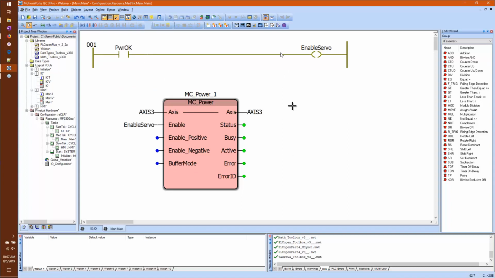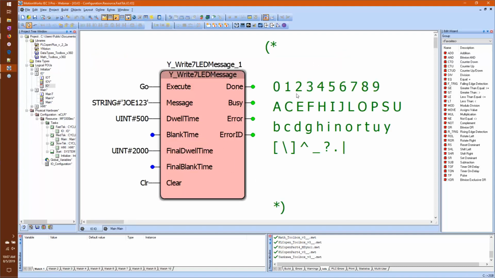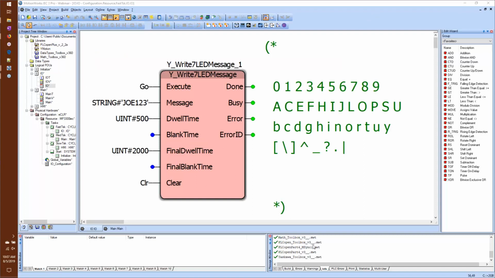So that's a nice little feature to have. We have a couple new function blocks that are in our YMotion firmware library. We'll go to the I/O here to look at those. The first is called YWrite7LED message. What this does is it allows you to write a message on the 7-segment LED that's on your MP3300 or